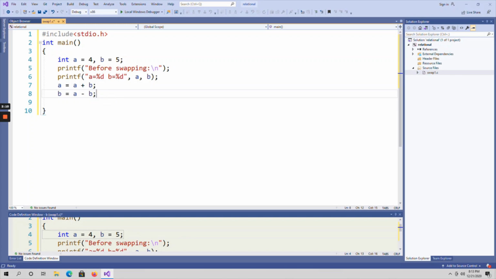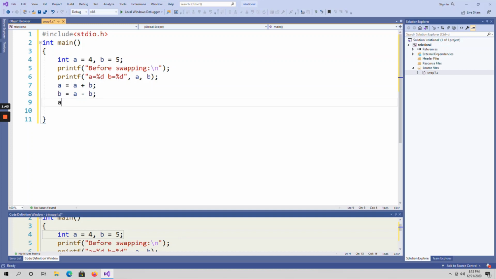That means A plus B, that is 4 plus 5, that is 9. I am assigning that value to A. So, previously A was holding 4 and now A is holding 9. Next, B equals A minus B. A is now 9, not 4. 9 minus 5 is 4. Now, B is holding a value of 4.